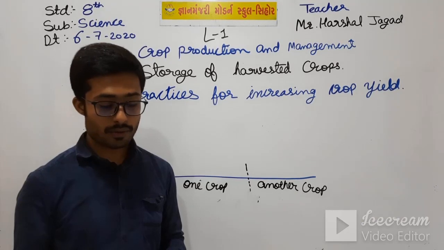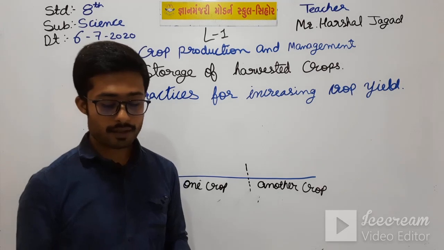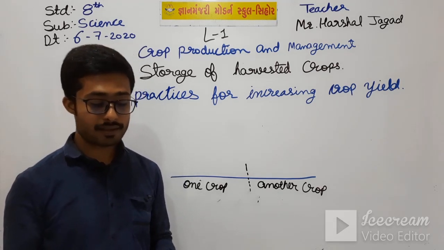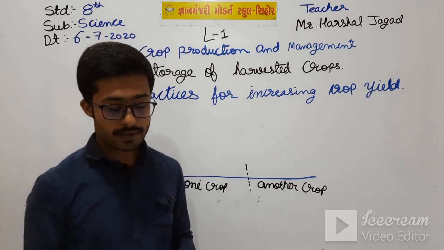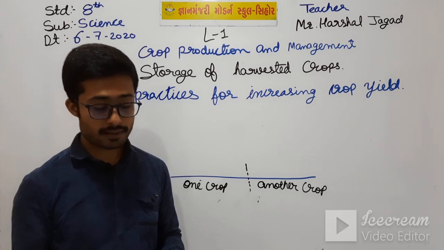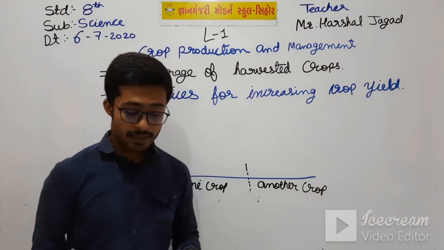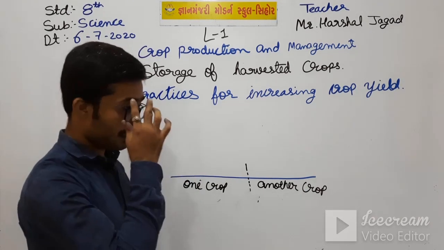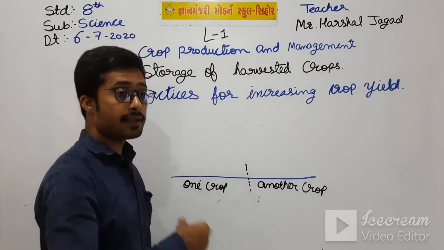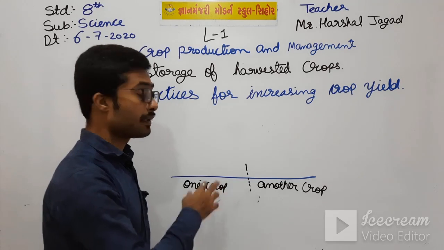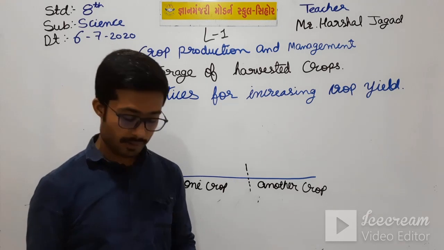The farmer chooses to grow leguminous plants such as peas, soybean or green beans after harvesting a wheat or rice crop. This practice is known as crop rotation. Crop rotation is the process of growing two or more dissimilar crops in the same field one after the other. So in crop rotation, a dissimilar crop is grown so that the nutrition needed is not depleted in the soil.